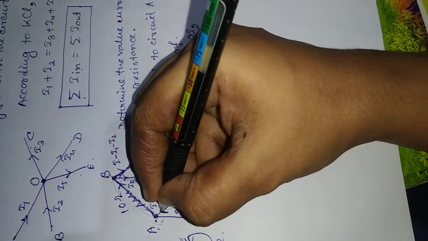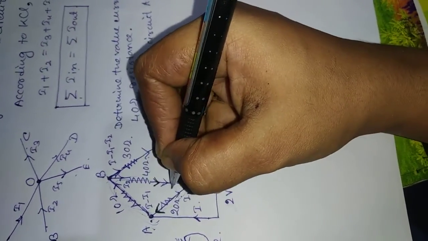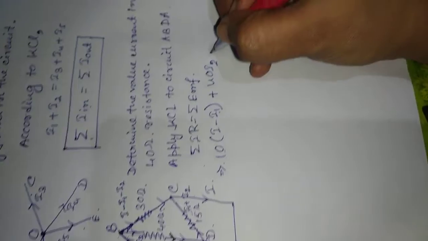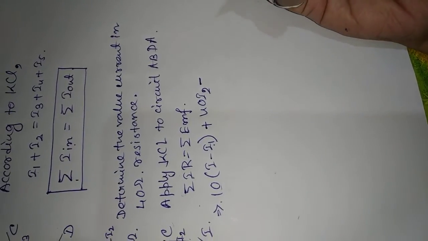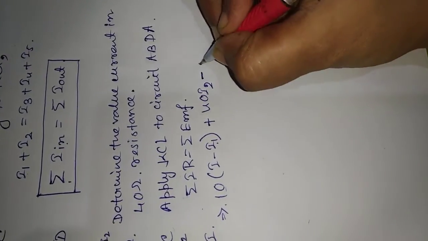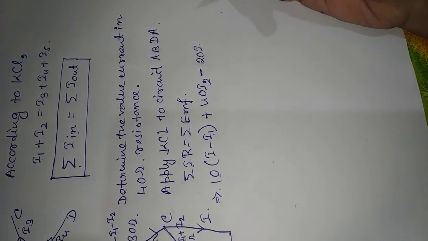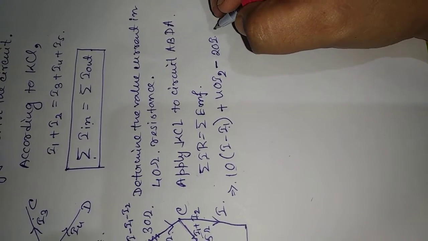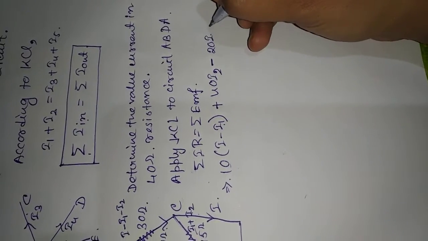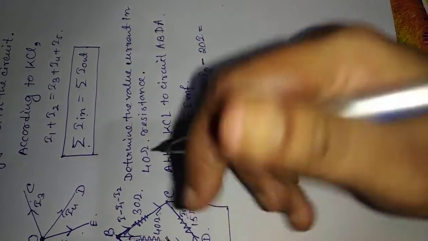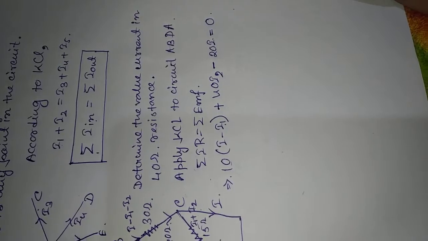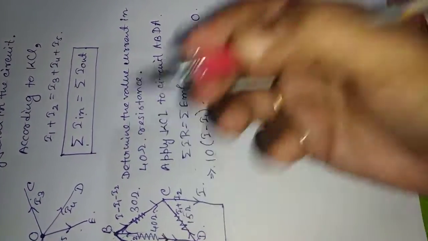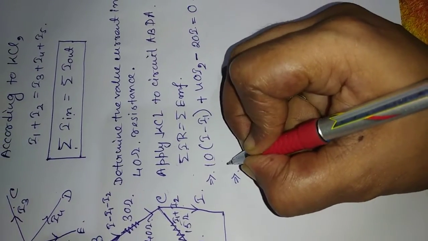But here what I am seeing, the current is moving in this direction. So that's why I am considering it as minus. So minus 20 I1. Initially I am considering it as 20 I. Clear? So it will be total 0. Clear? No voltage is there. Basically, by simplifying this, what I am getting,